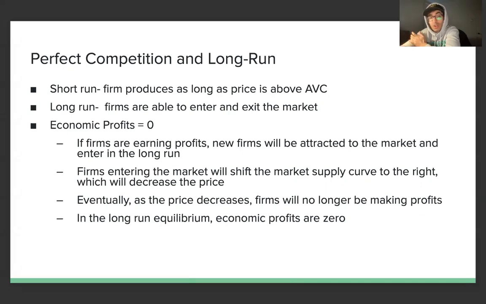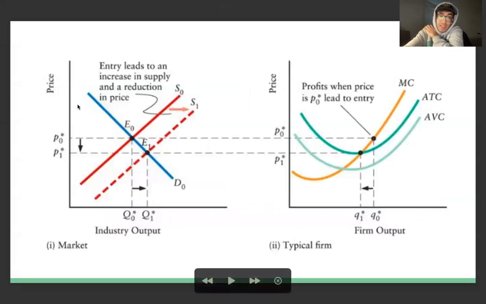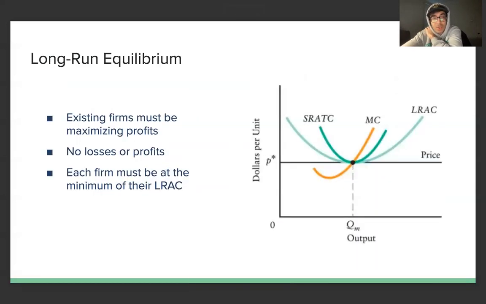So that's kind of the whole logic, that in the long run, firms can leave or enter the market and change the prices such that economic profits are zero. And that's just the graphical representation of what I just said in words. Okay, so the long run equilibrium looks like this, where